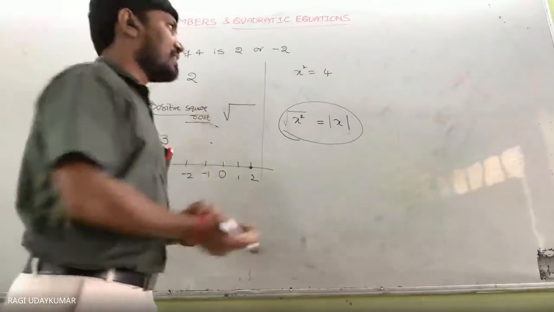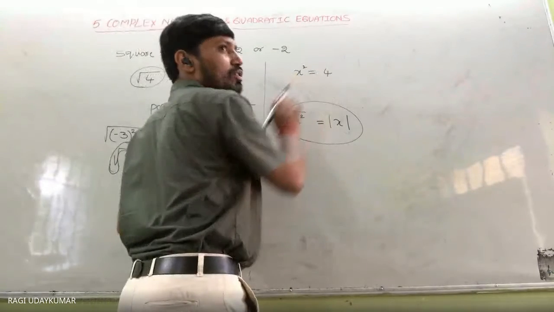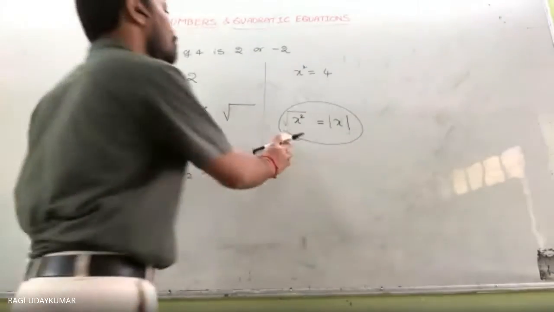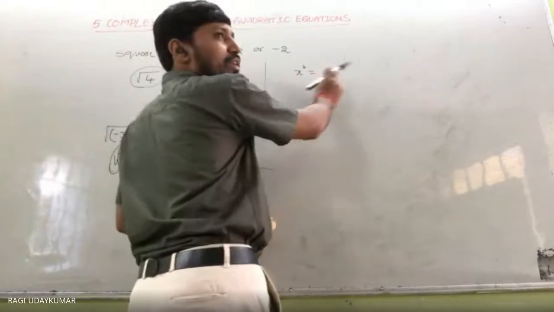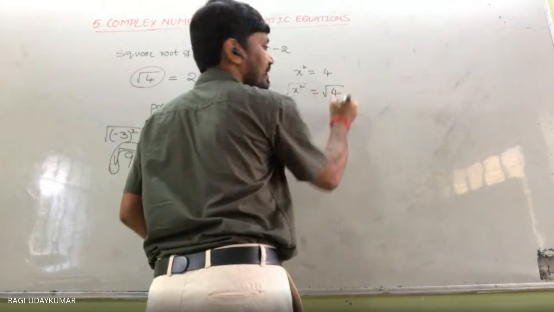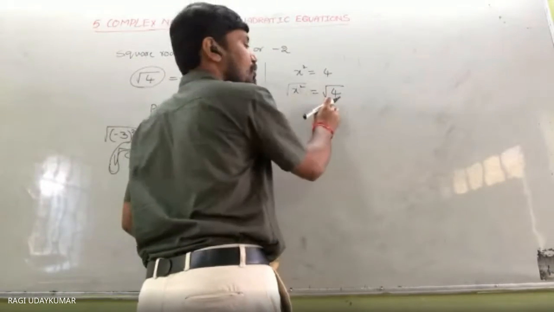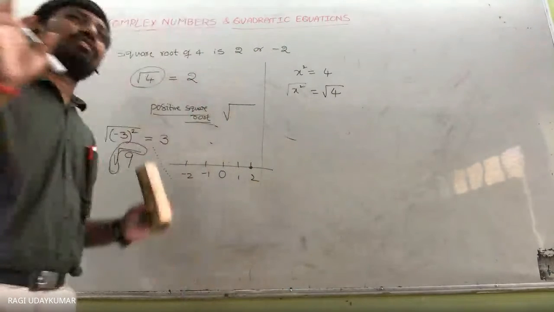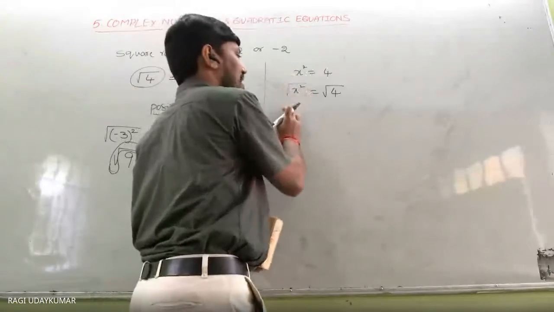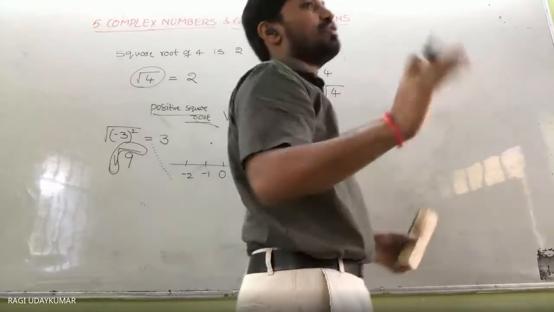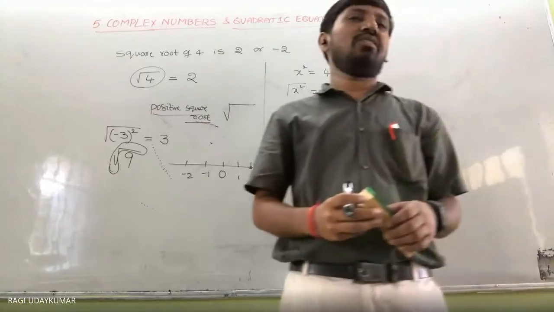Another explanation is taking square root on both sides. Do you know what mistake we usually make? Usually everyone will do that, taking square root on both sides, cancelling the square and root, and writing square root of 4 as plus and minus 2. Most of the mathematics students will do that. They cancel these and write x equal to square root of 4, plus and minus. So what is in the mind: root 4 plus or minus. It's not plus or minus.